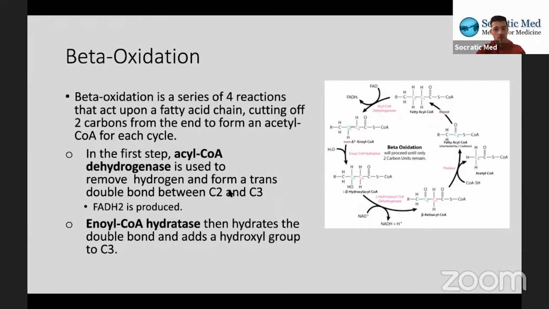So enoyl-CoA hydratase then hydrates the double bond and adds a hydroxyl group to C3. So that's the second step. If we look right over here, we take this molecule that we just created, and the enoyl-CoA hydratase adds H2O. So we look right over here at the beta carbon, this blue beta carbon. We now have a hydroxyl group and a hydrogen,